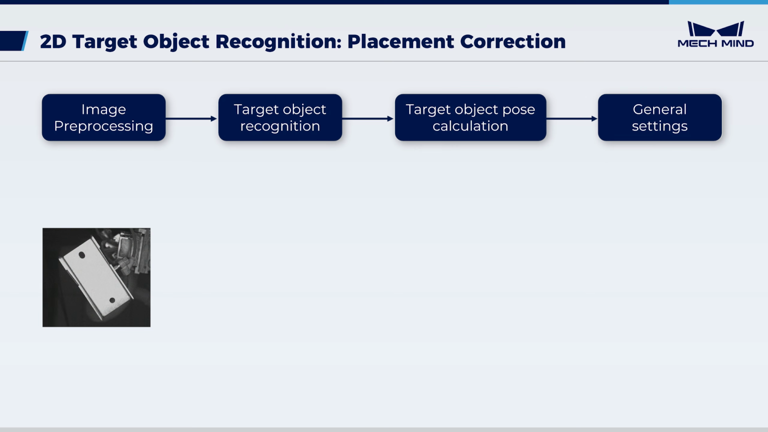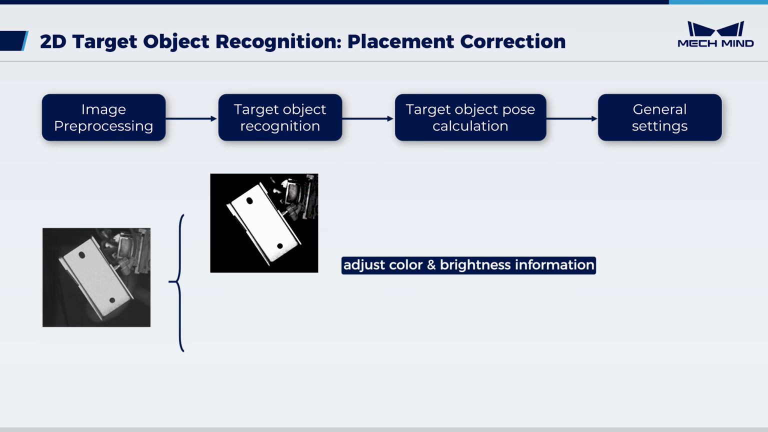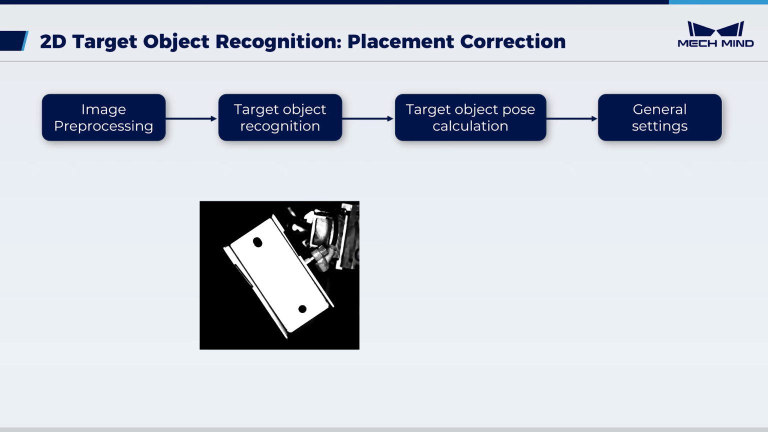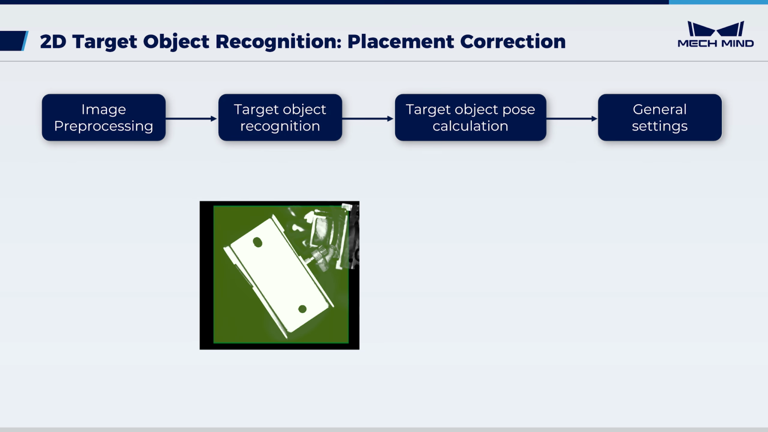During image preprocessing, color space conversion and separation are used to adjust the color and brightness of the image, highlighting the features of the target object. Enhancement and denoising operations can also be applied to improve recognition performance. For object recognition, set the region of interest and adjust recognition parameters with 2D template matching to accurately recognize the